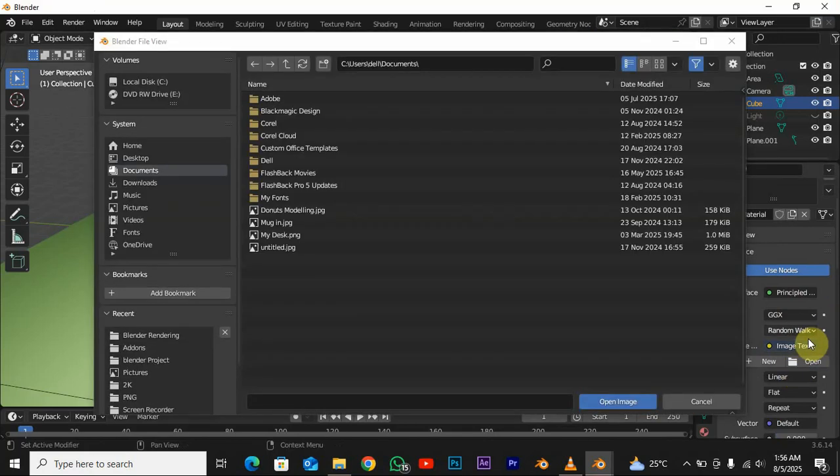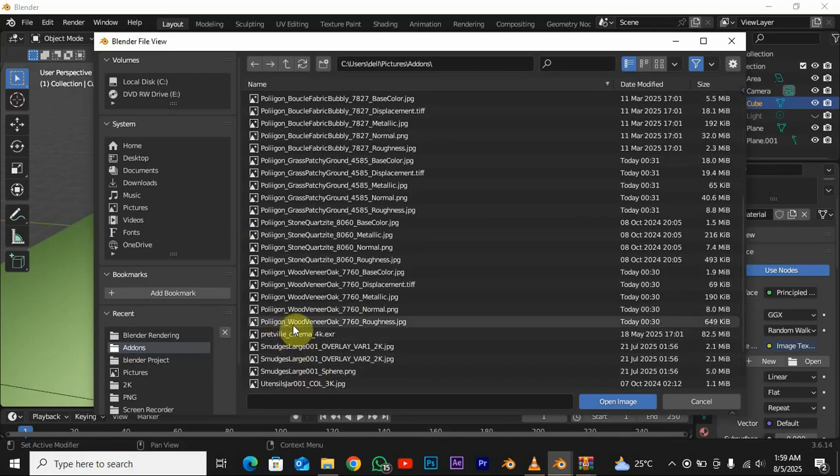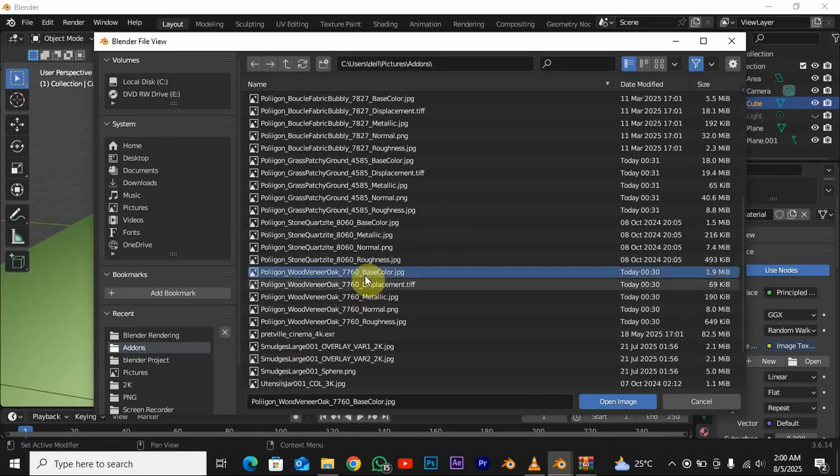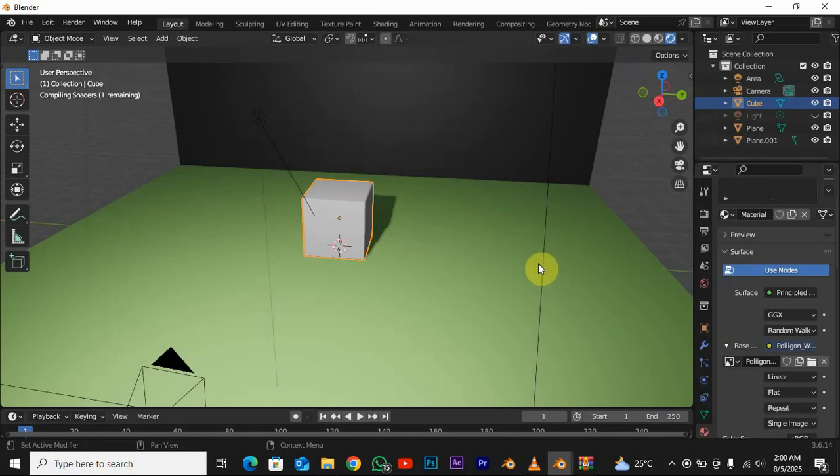Let me come to my add-ons here. I'm looking for wood. Polygon. Okay, I think let me look for the base color. Yeah, I think here it is. So now open. Now, for me to unwrap that color, that texture to it,